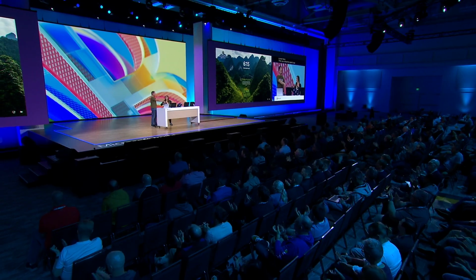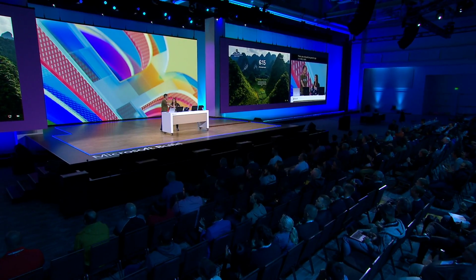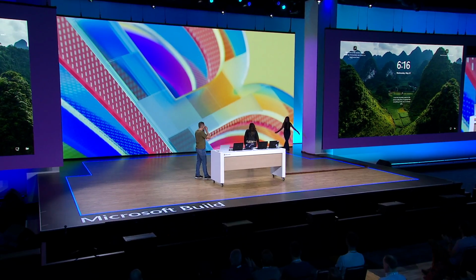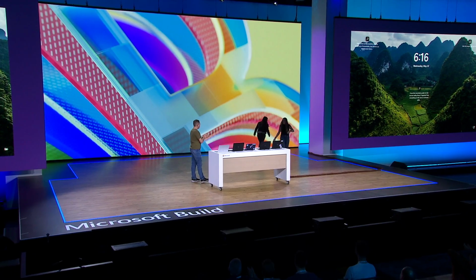Big hand for Kayla for showing us some awesome tools in Windows. And then hang on. Okay, so you just locked your screen. You don't trust me? You think I'm going to mess with your machine? No, Windows key L, man. Okay. I was going to mess with your backgrounds and stuff. All right, bring Maddie out. Kayla, thanks. Big hand for Kayla. Now we're bringing Maddie out. Big high five.